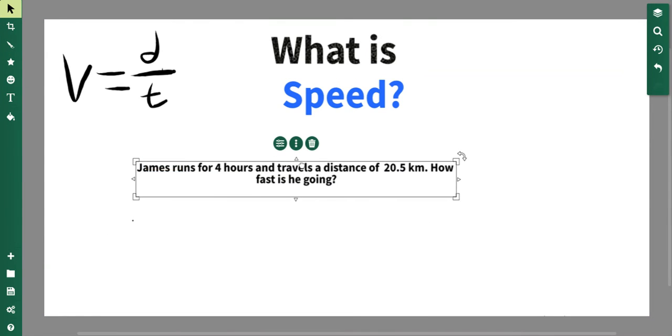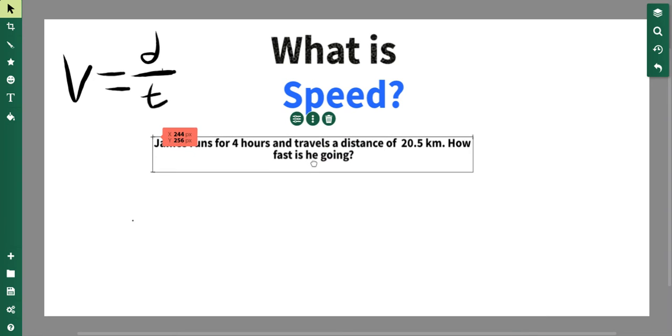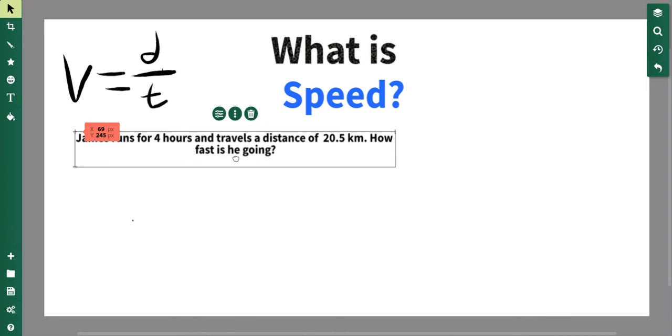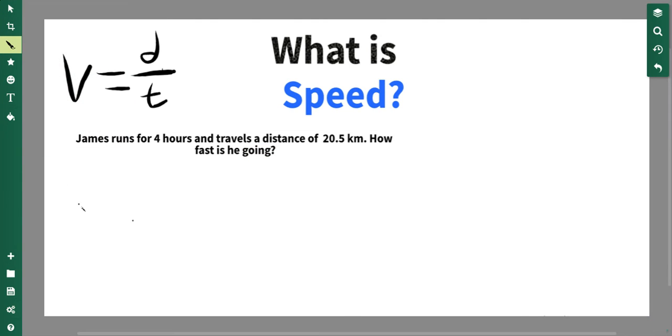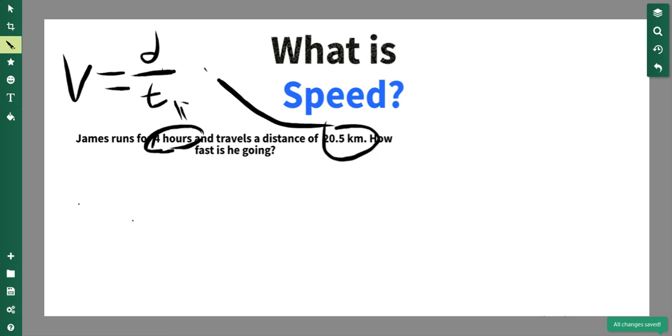James runs for 4 hours and travels a distance of 20 kilometers. How fast is he going? So right off the bat, we can see that James runs for 4 hours, which is a time, and travels a distance of 20 kilometers, which is a distance. So how fast is he going? Now we have to find the speed. We have the formula right here. So now we know that v is equal to